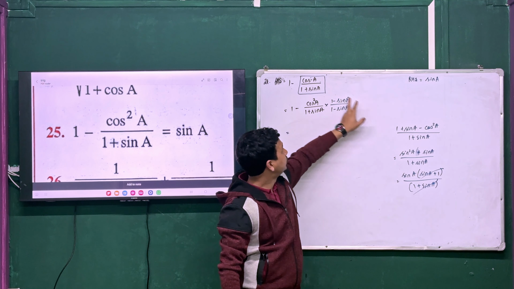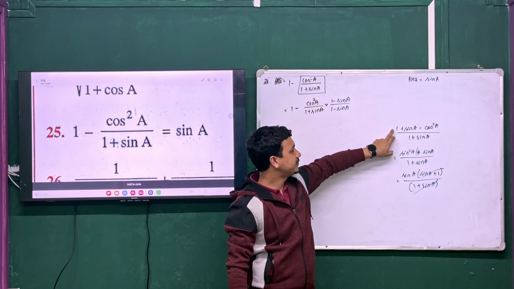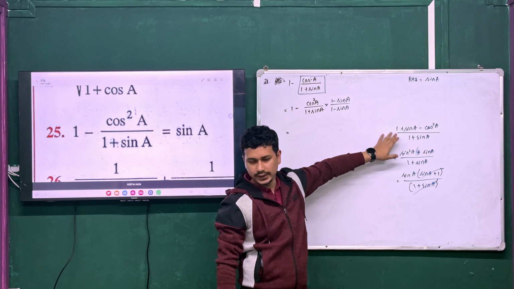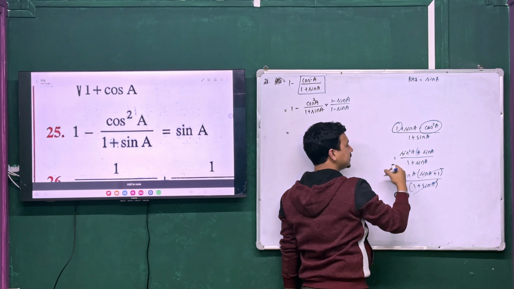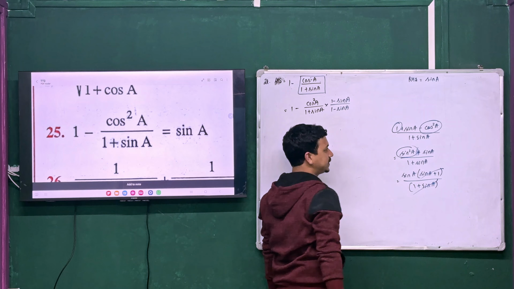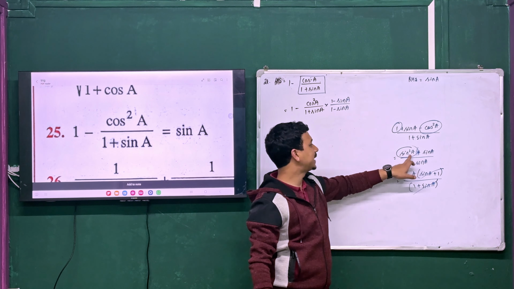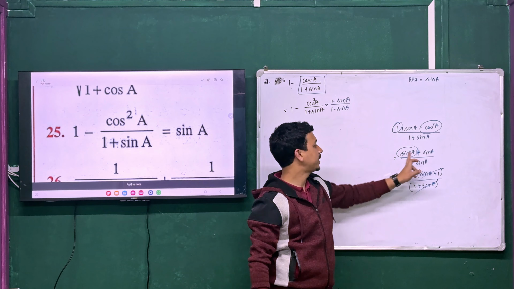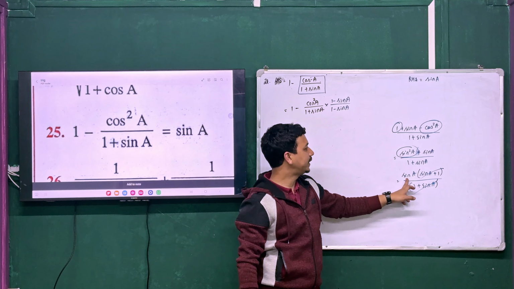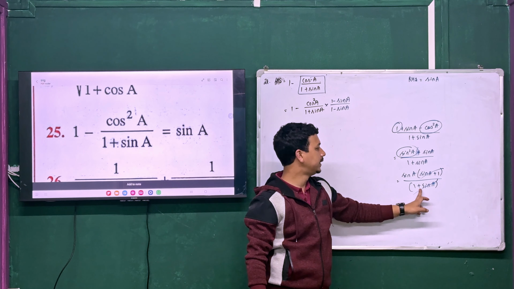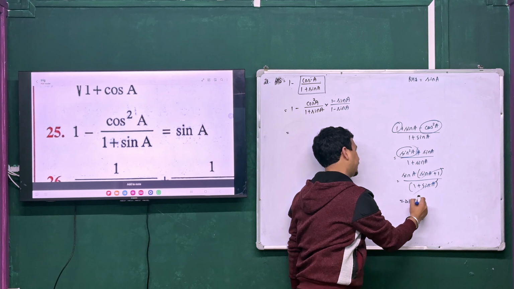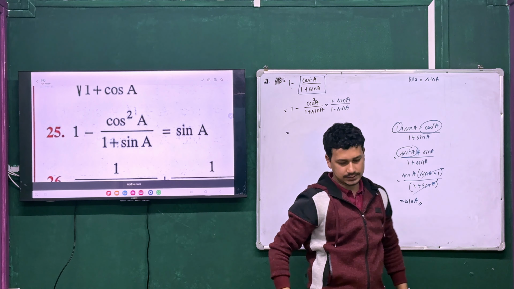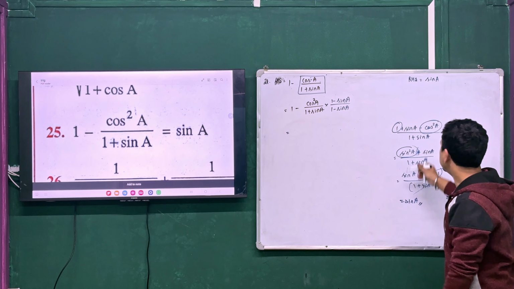See, so we took the LCM here. If you took the LCM, you get this. Do you agree? Right? Now you see 1 minus cos square is sine square, and then plus sine A. Then from these two you can take sine A common and then you end up with sine A plus 1. Sine A plus 1 gets cancelled and you end up with sine A. You can do it like this also. So this is, I'll just name this